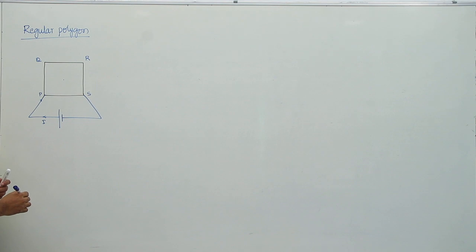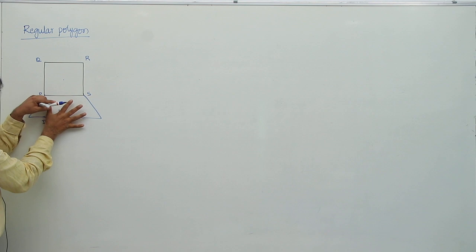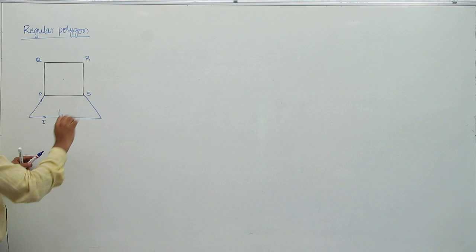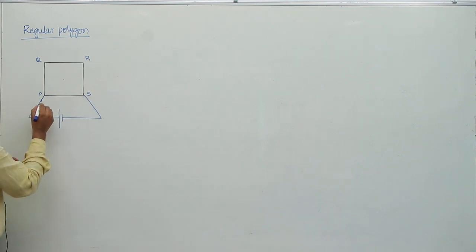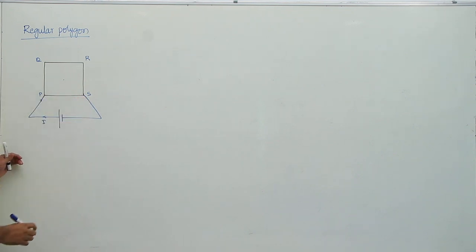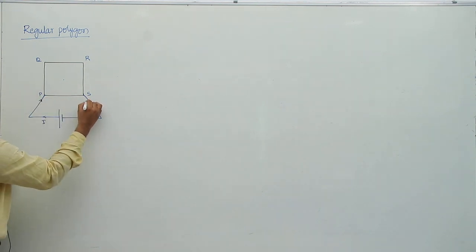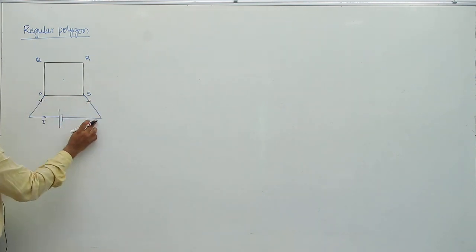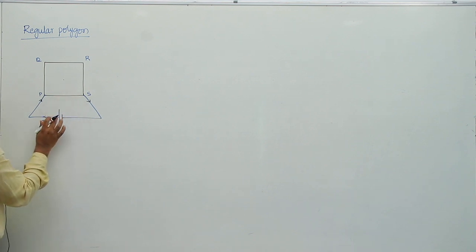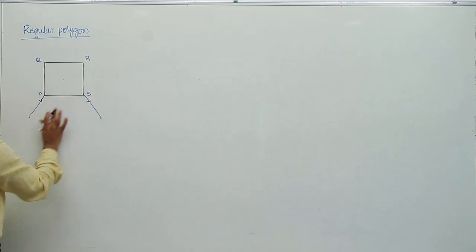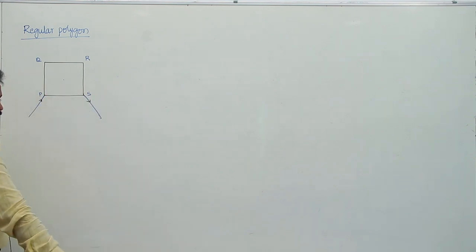So what is the magnetic field at the center of this square? If a battery is connected here, current will flow here. We already discussed this in our previous class. But here, a battery is connected between two vertices of a square. Then what is the magnetic field here? This is the direction of the current entering, and this is the direction of current leaving. Here I am not showing the battery, so let us say this is connected somewhere. These are the two terminals that I am taking. So if a battery is connected between these two at a large distance.